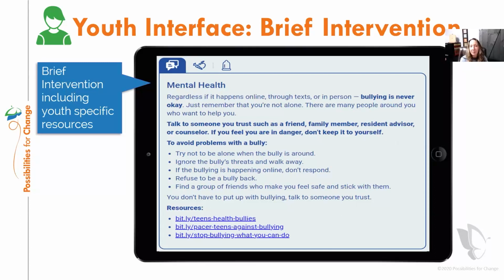And then the resources you see here are also included that are government or national organization websites that are specifically focused on youth and young adults. Then we also include hotline and text options when those are available. So it's meant to be this brief intervention designed to reduce the burden on you by providing that evidence-based health information and resources, either as a standalone intervention, if you're sending out surveys to large groups of youth and then just following up on specific questions, or you can use them as a jumping off point for your discussions. So you always feel like you have some level of support for a conversation.